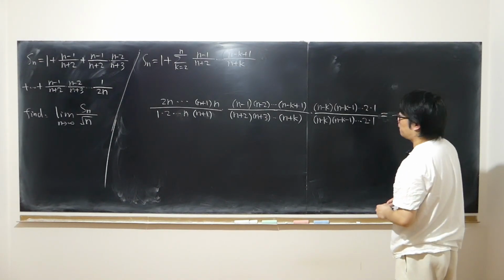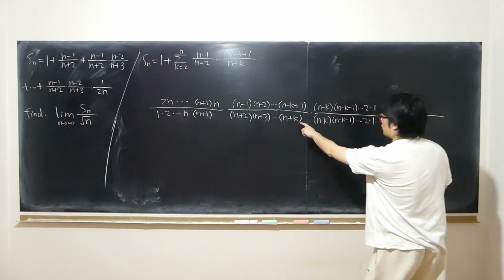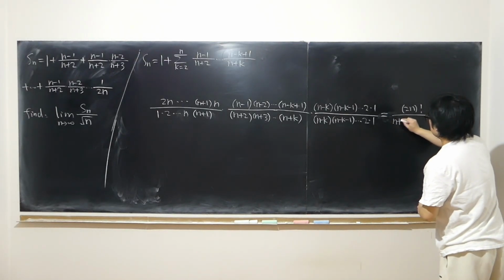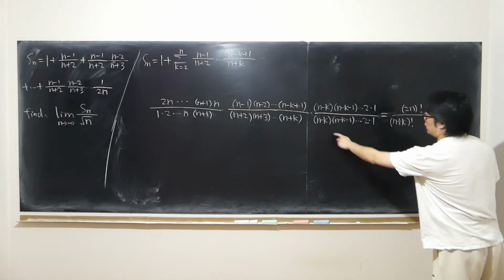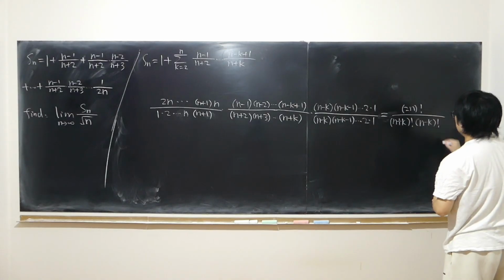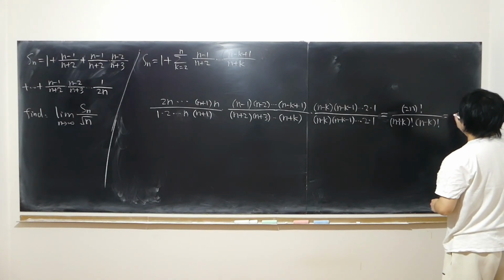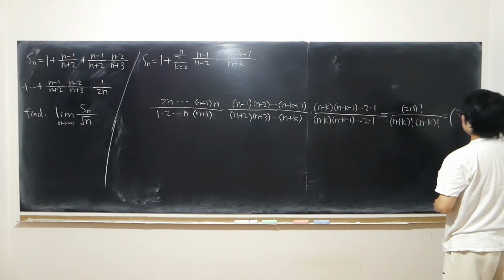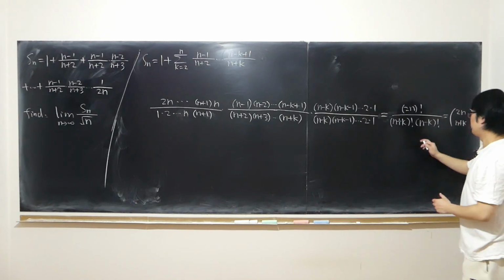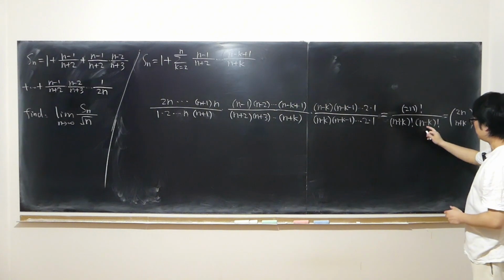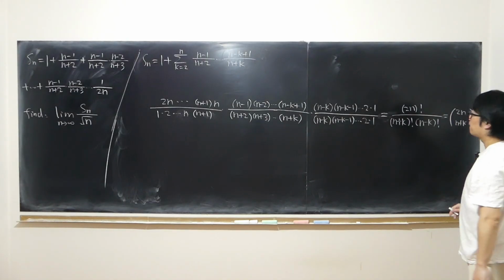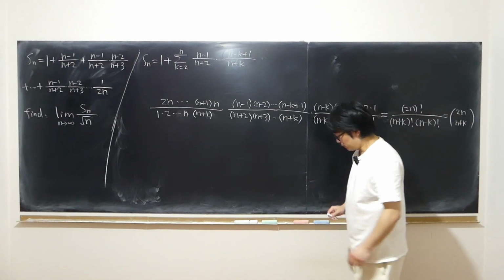The bottom is what? n plus k keeps reducing, so n plus k factorial. Here, n minus k keeps reducing, so n minus k factorial. So this is in fact combinatorics: 2n choose n plus k. Because according to the formula, this one is supposed to be this one minus this one. Yes, exactly, n minus k. So at the same time, my summand,